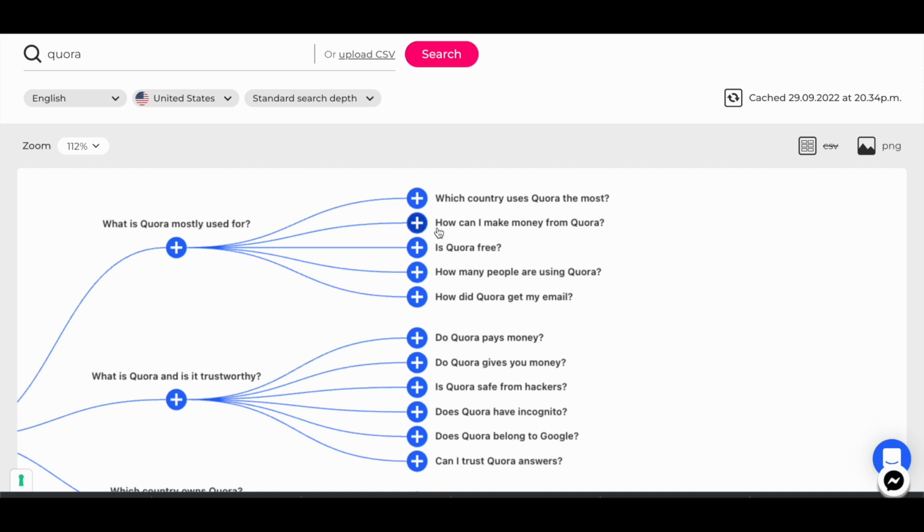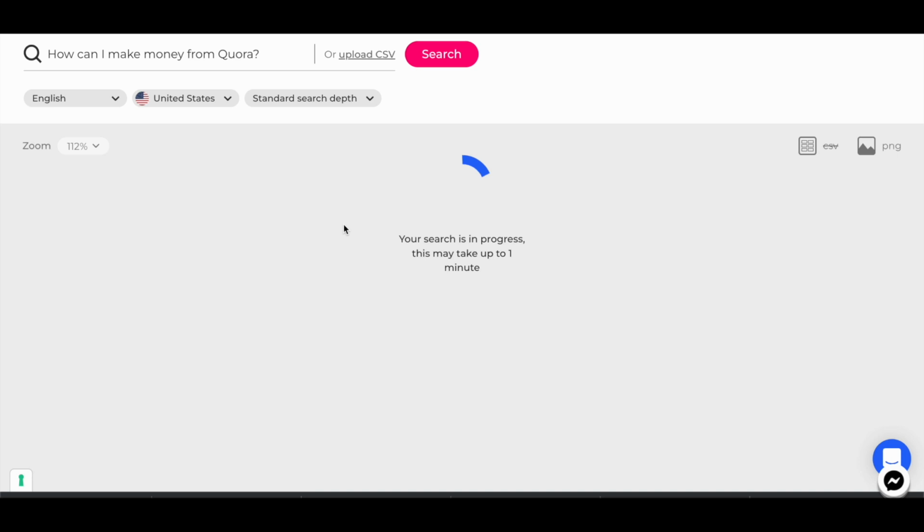Okay, so this is a good keyword. So how can I make money on Quora versus any other platform if I were to do a versus article? But I think this is a good starting point for my research. So I'll click on how do I make money on Quora, because everybody wants to make money and everybody knows what Quora is, and many people are searching for this keyword, how to make money from Quora. And so if there's potential in this, I can write a 4,000 word article or 5,000 word article on how to make money on Quora, and that right there would brand jack Quora and bring people to my website from